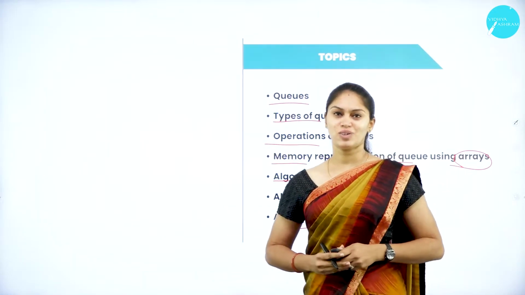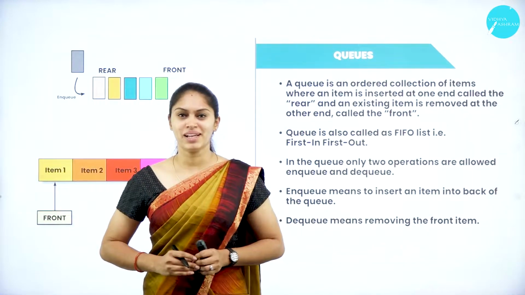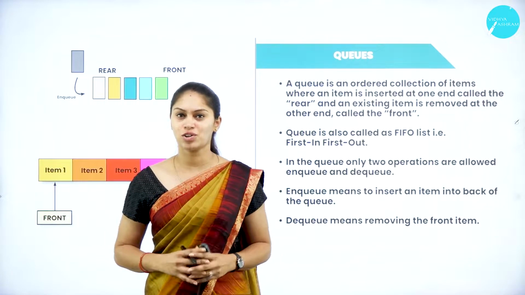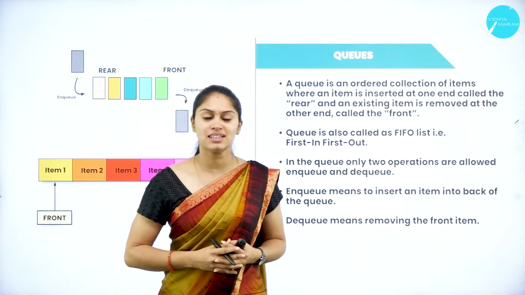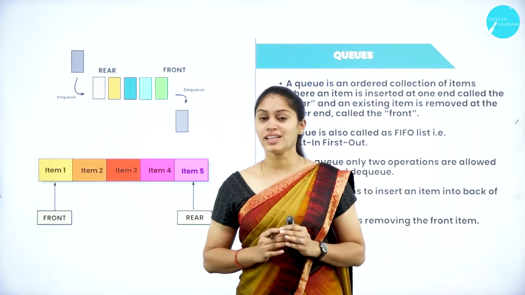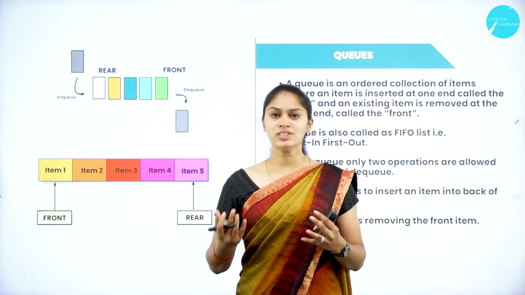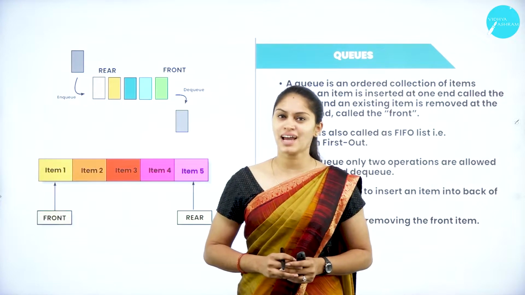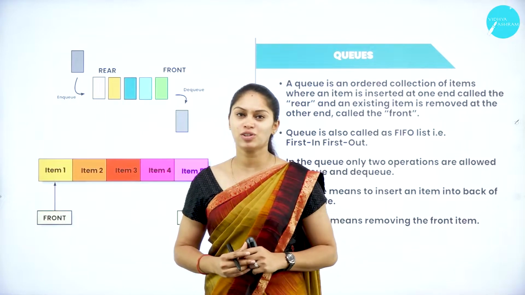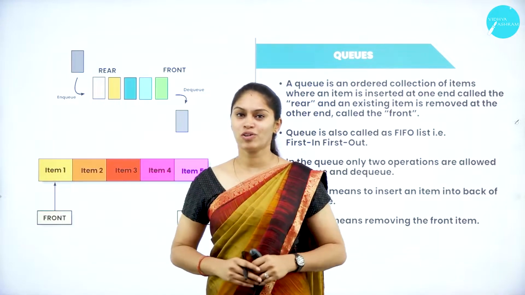So let me get into today's session, that is regarding queue. Already you all are familiar with the stack concept, right? That follows last in, first out. So the element that has been inserted last will be removed first. That is the mechanism that we follow in the stack. And how will insertion and deletion happen in a stack? Inserting an element and deleting an element from the stack will take place at the same end. We call that the top of a stack.